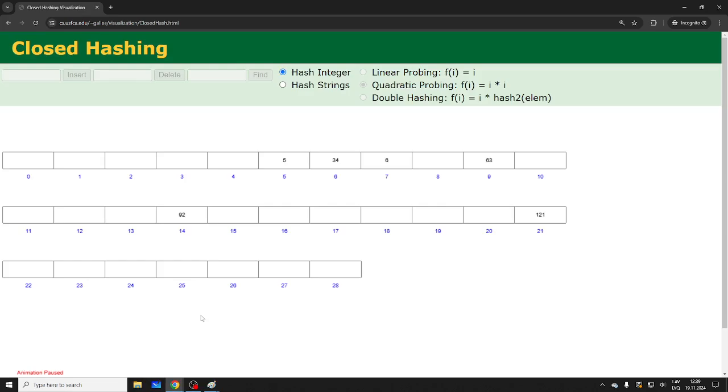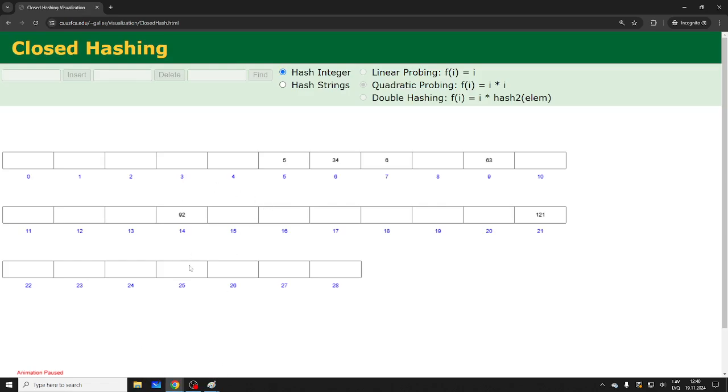Okay. So how are you guys doing on quadratic probing? You could do it yourself too. No problem. Just implement the probe function, basically. We have maybe 5 minutes. I'll show you double hashing. All right, let's try it.